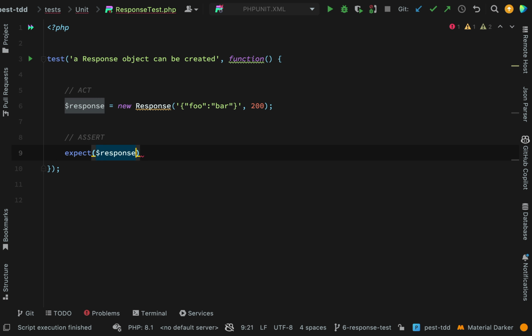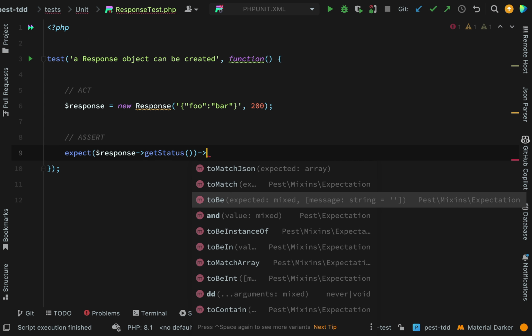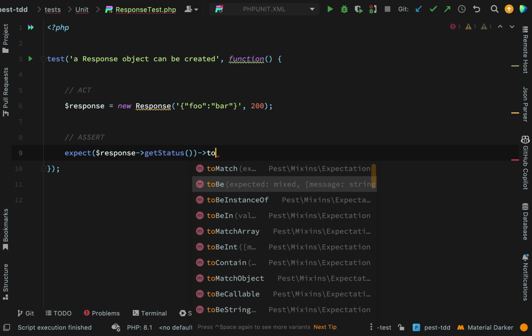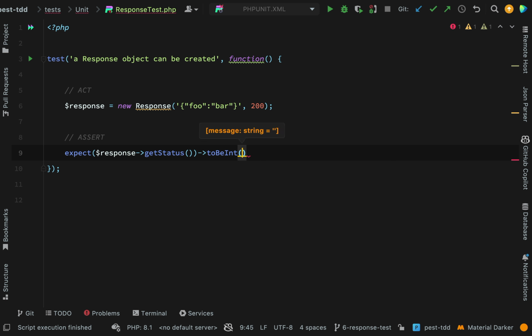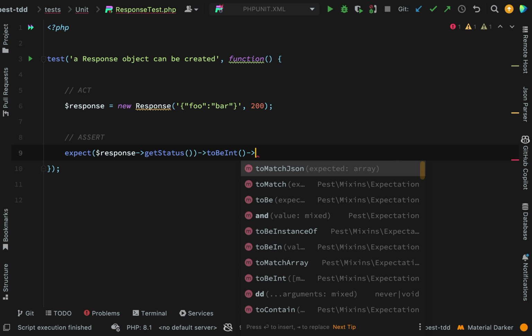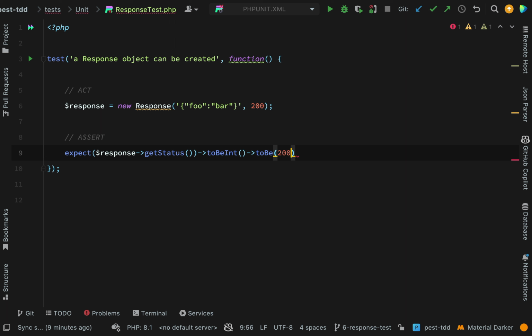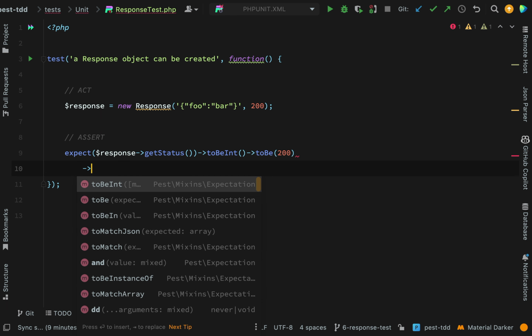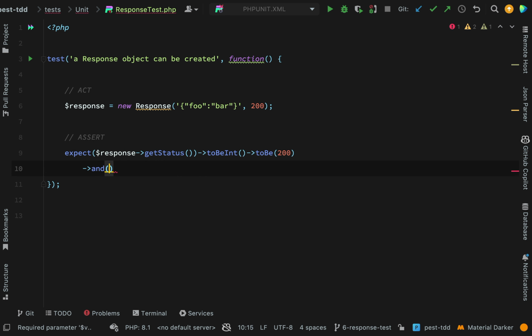Expect, and we're saying response, and we'll say getStatus, and we'll check that it is an integer again, toBeInt, and we can chain on the end of there. So if you want to check something else, we'll just say toBe 200. And then if you remember what we did where you could chain these by saying and